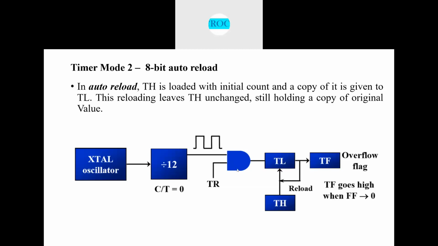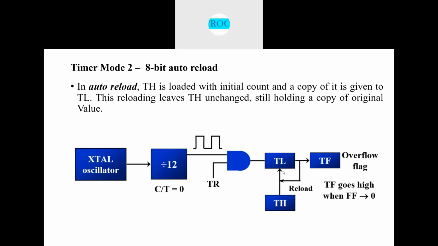And whenever it receives the count, it will increment from A0. After that, it will be A1, A2, A3, A4, depending on the number of clock cycles the instruction takes. We know that the JNB instruction takes 2 machine cycles. So after execution of each JNB instruction, it will increment by 2. Before it was A0, now it will be A2, A4, A6, A8, AA. That's how it will increment the number of counts.